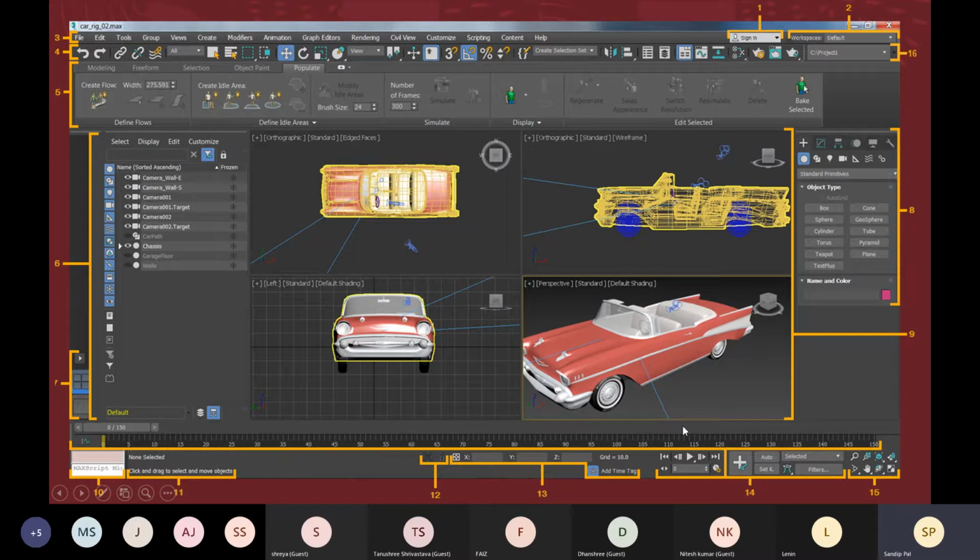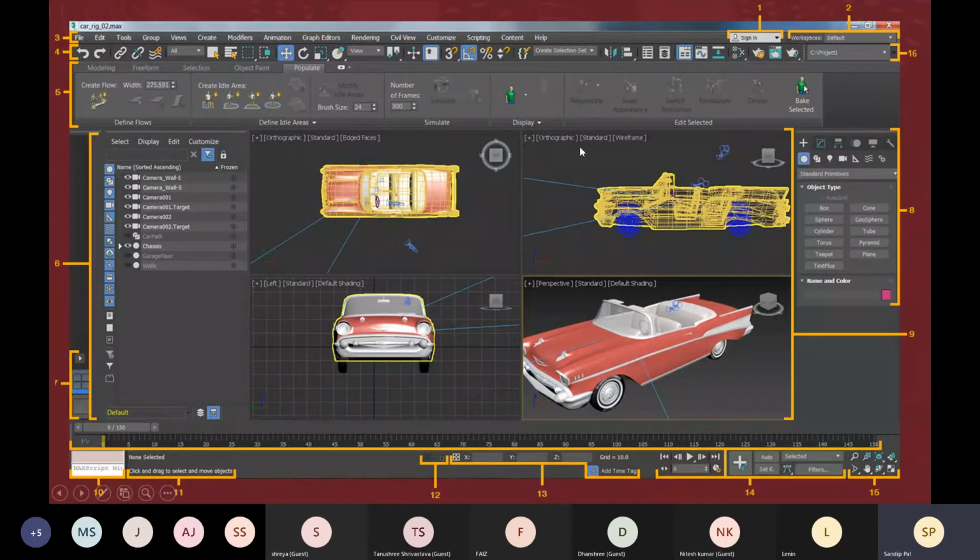And here you got these 4 viewports. In these viewports, this scene can be controlled within this scene explorer window. This window is called Scene Explorer. You can change the visibility, you can control the layers of the object, you can change the display settings of those objects. So that can be controlled by this Scene Explorer.